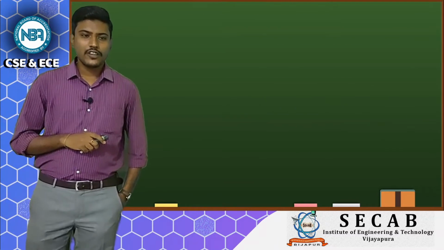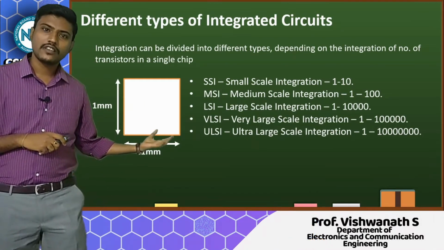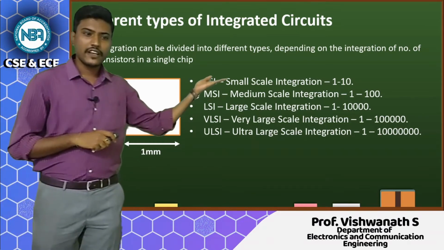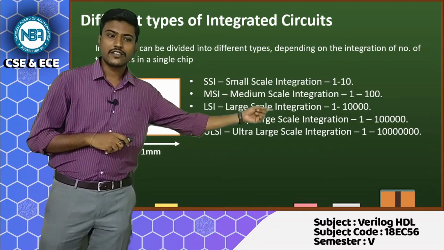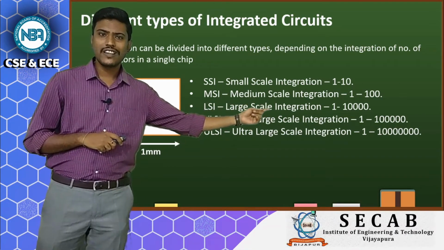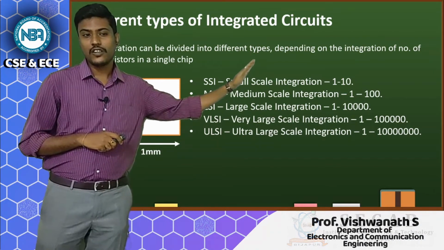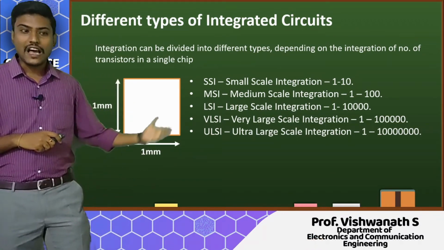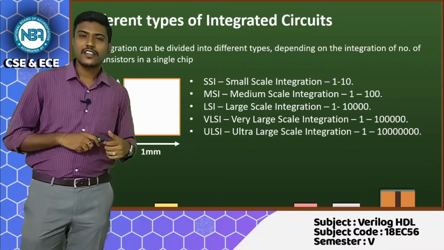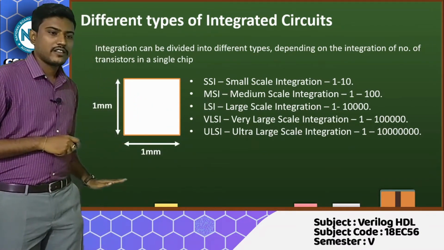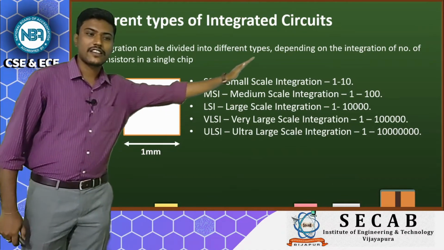See, as you can see over here, the area is constant, whereas the number of transistors which we are integrating keeps increasing. The increase we can observe here is in exponential format. As we saw in Moore's diagram, the Intel 4004 was here, and the graph went drastically up something like this.